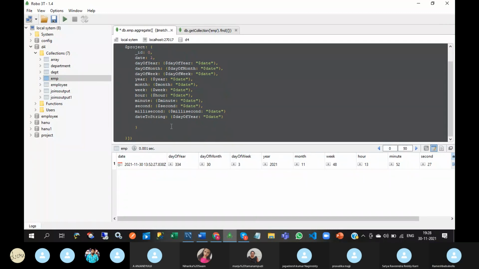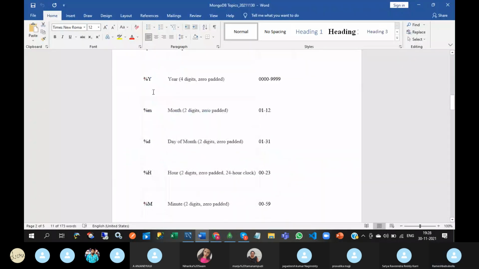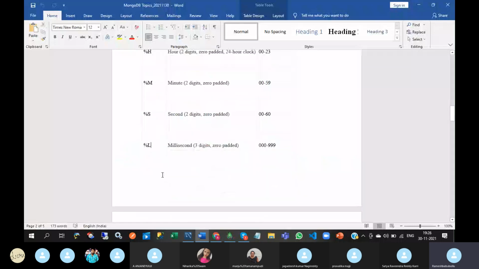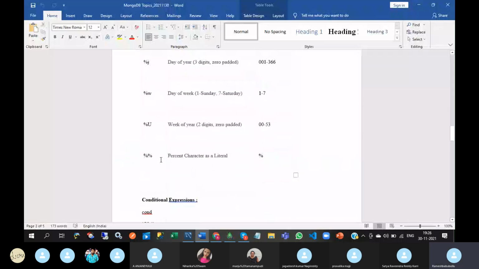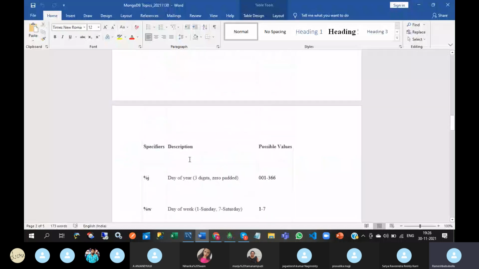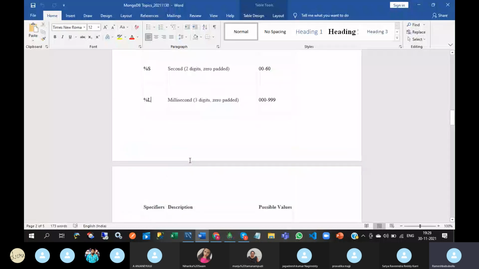Here capital Y indicates the year, small m indicates month, D date, hour, minutes, capital letters, seconds, milliseconds. These are no need to remember. You keep this table in one place, and from this table you can get them.